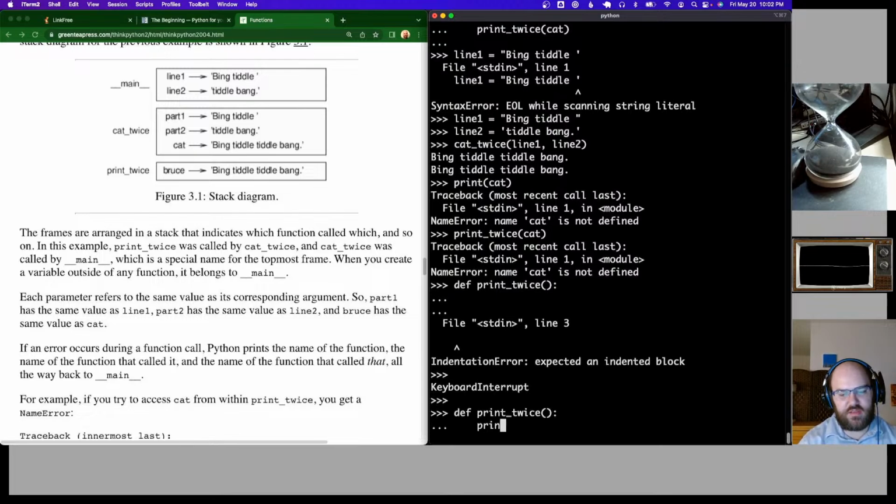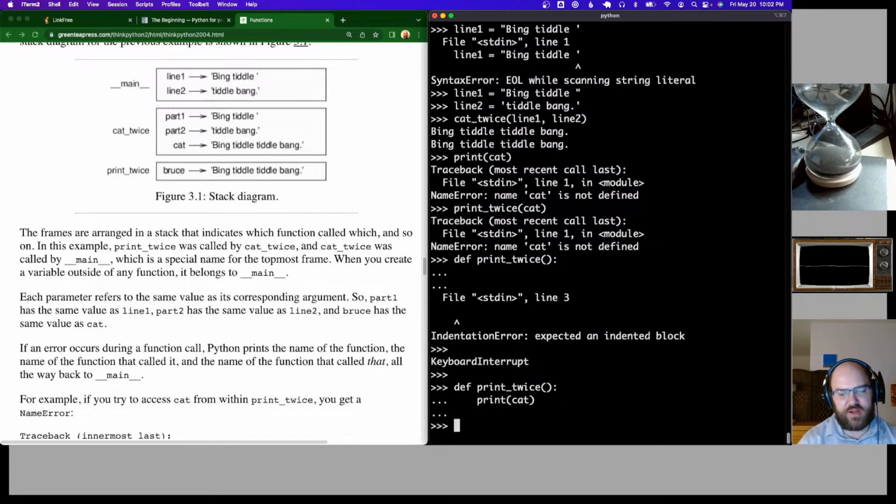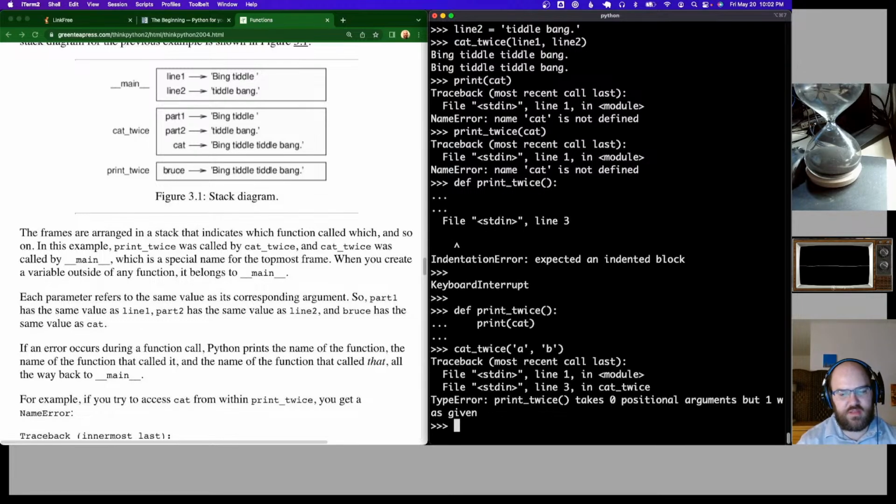If we try to print cat, if we tell it that's what we want to do in print twice, and then now we say cat twice of A, comma B. Oh, that's all wrong. Anyway,